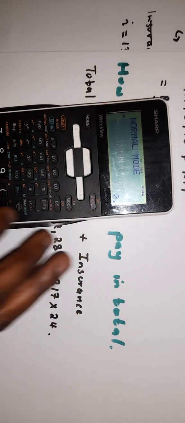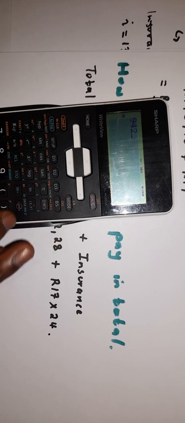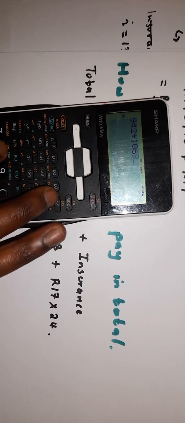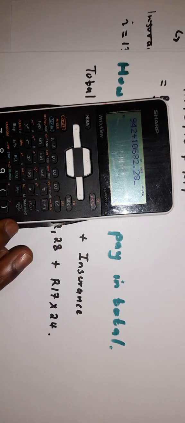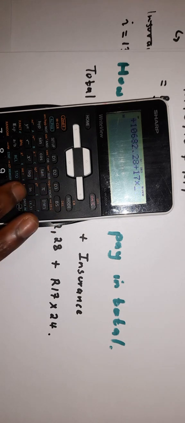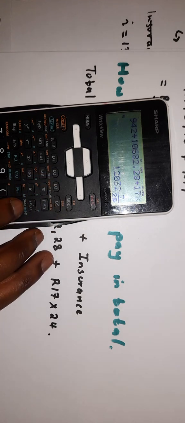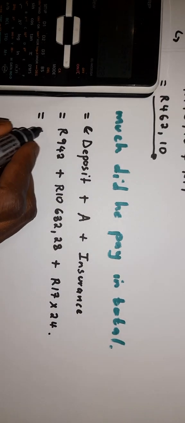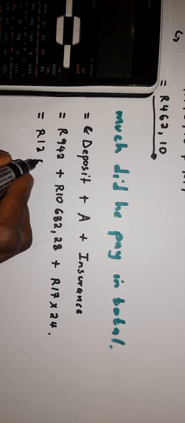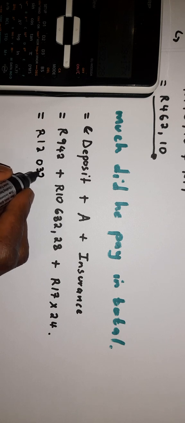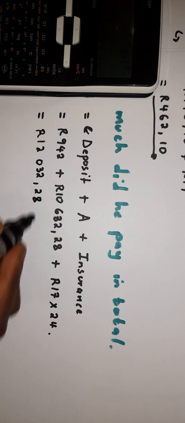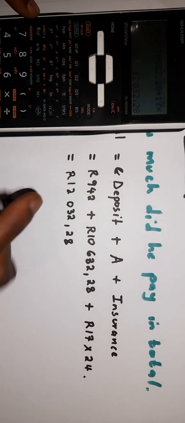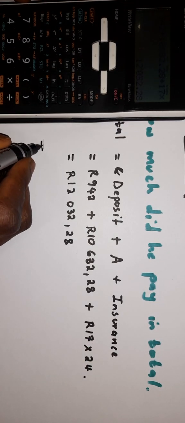Right, pardon me, 942 plus 10,682 and 28 cents plus 17 times 24. Right, he actually has to pay back 12,032 and 28 cents, which is more by